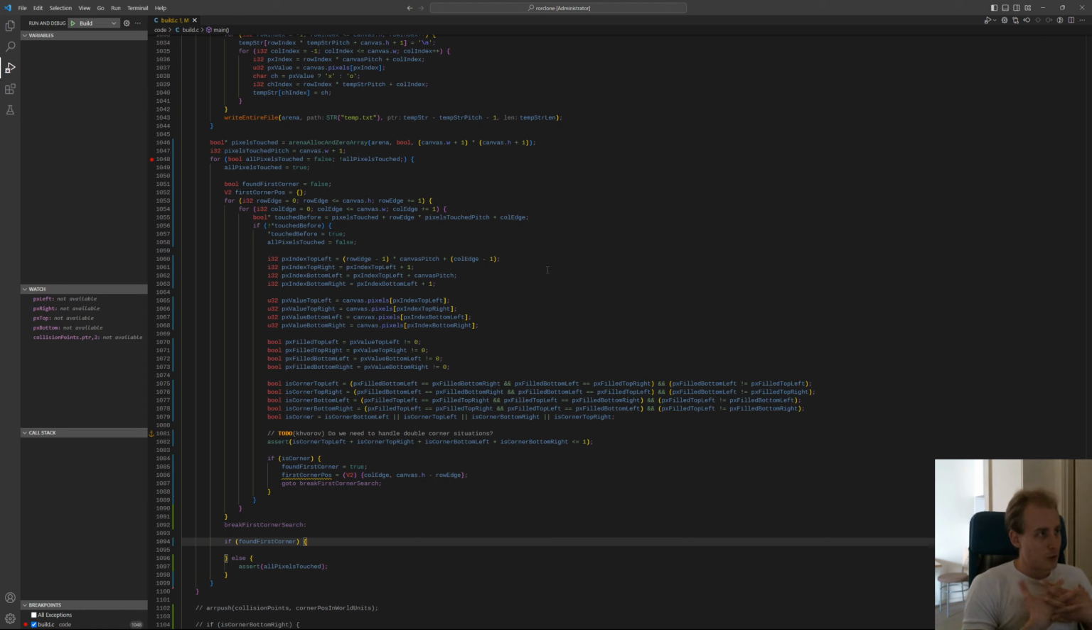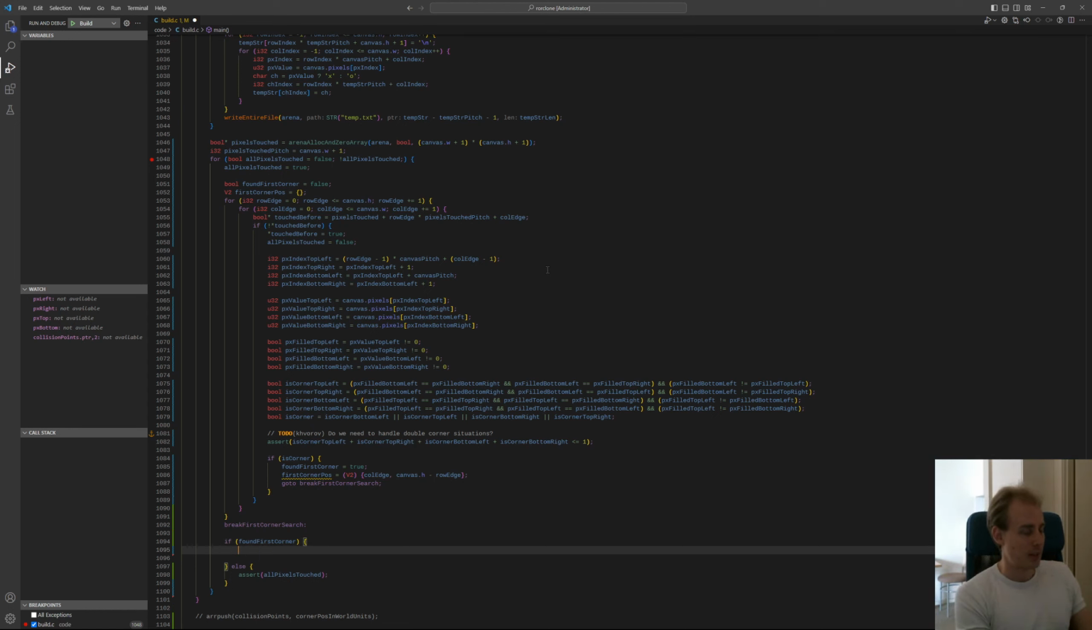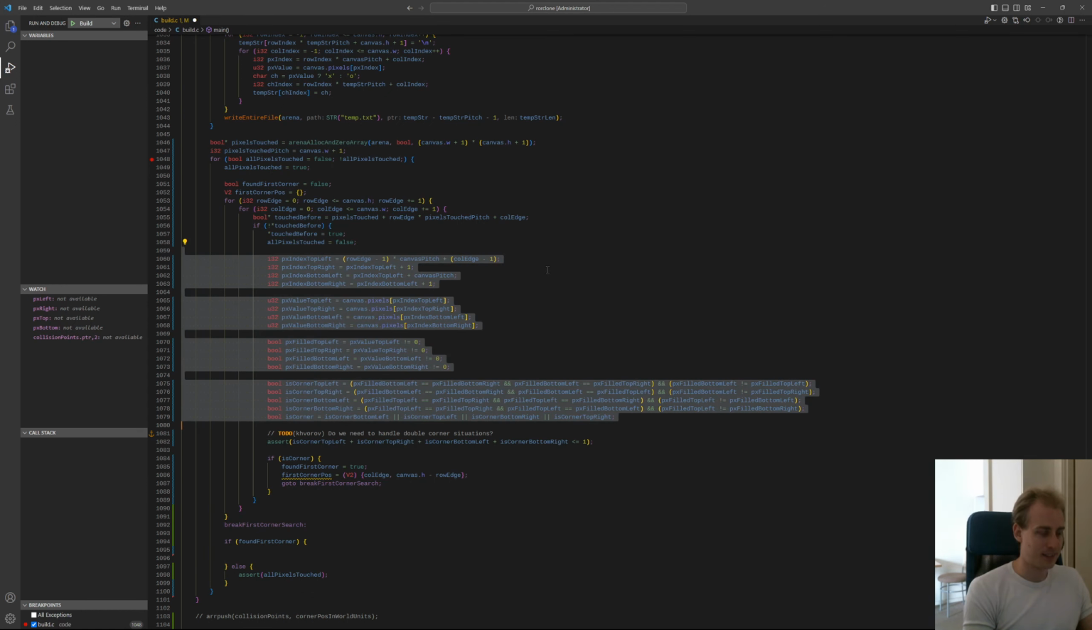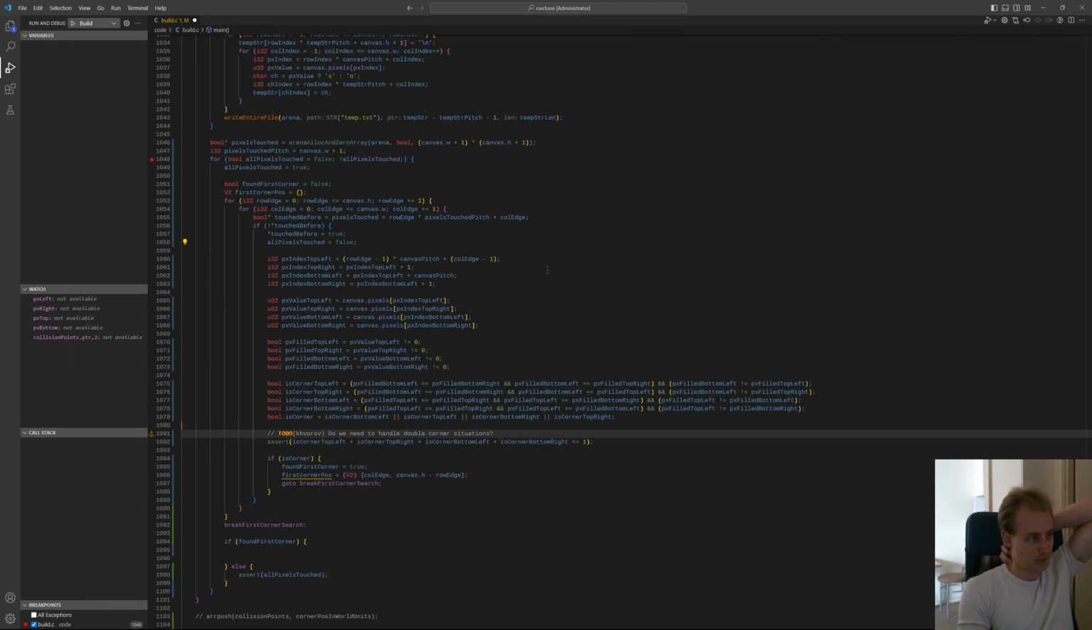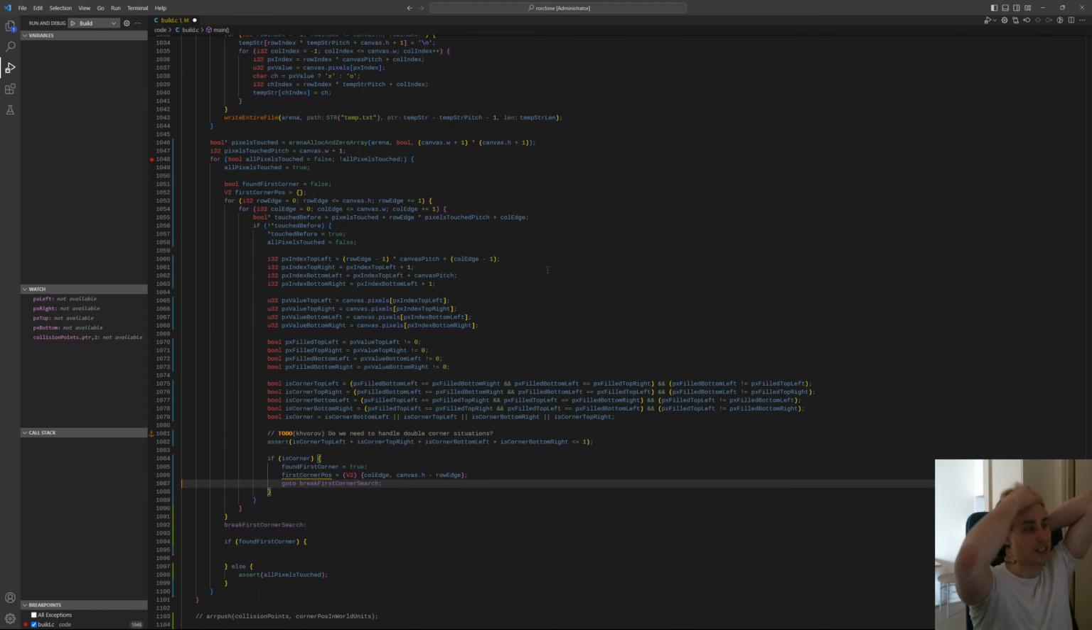Okay, so if we found the first corner, then we know where it is. And now that we know where it is, we can walk around the collision shape. So in this case, there's only one collision shape. So we should be able to just do that. So what happens here is we kind of need to do this again. Except with, well,